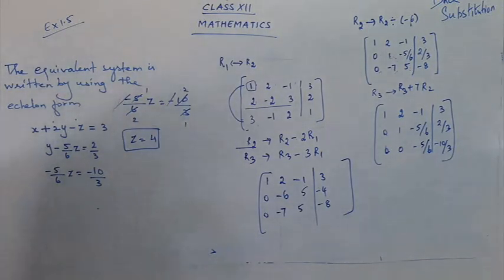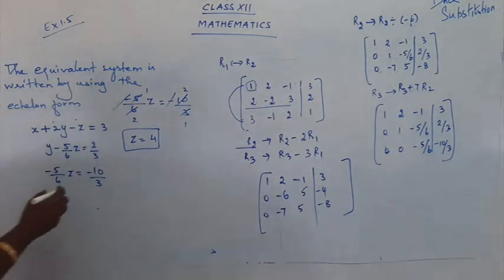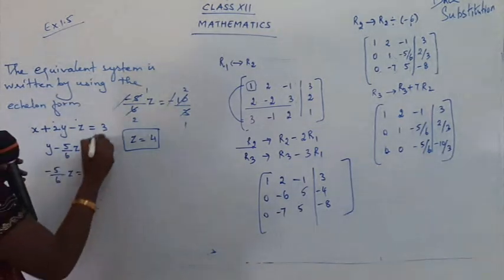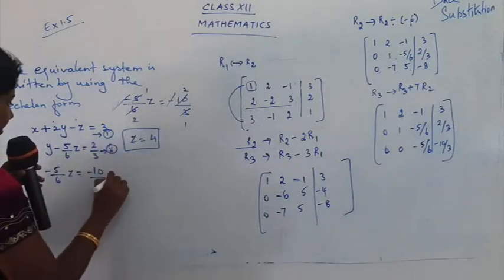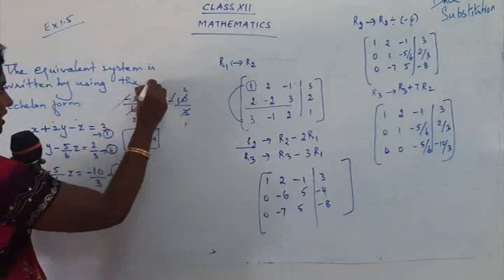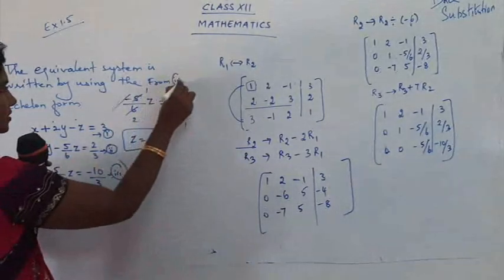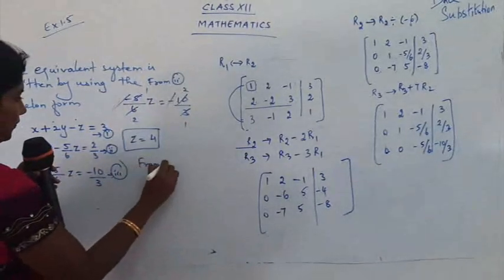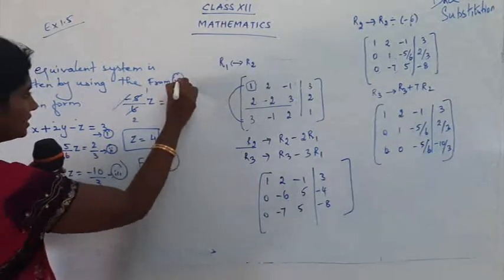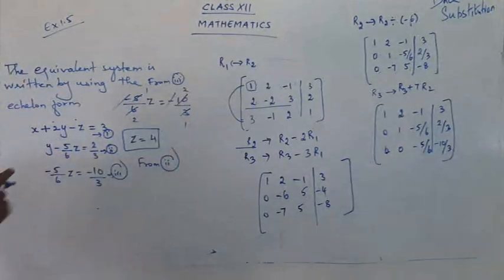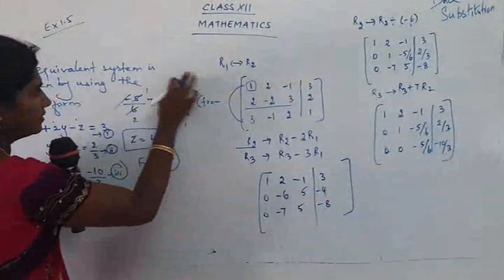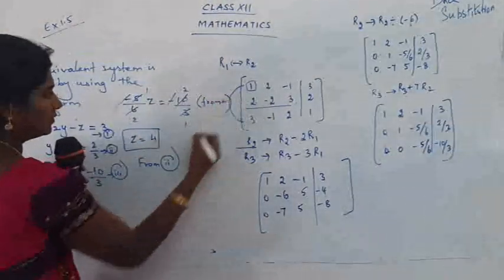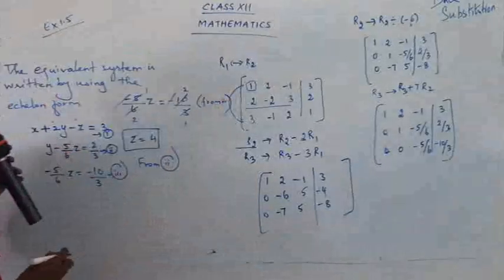So you put here y. If you want, you can just have a number here. So this is 1, this is 2, and this is 3. So from 3 you get this. So from 2, this is 3. Are you able to see? From 3, you can write here. So whenever we use this, from 3 you write down here on this side. From 2, what do you get from 2?